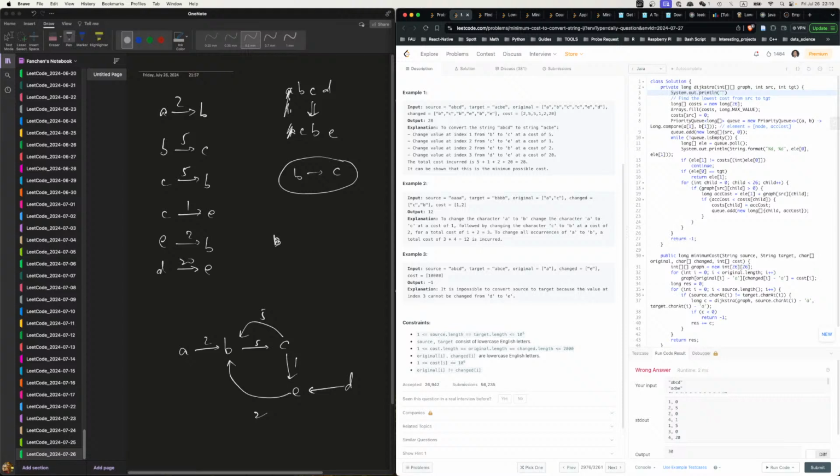System.out.println Dijkstra called, string.format, Dijkstra called, source equal to, target equal to, source and target. Okay,